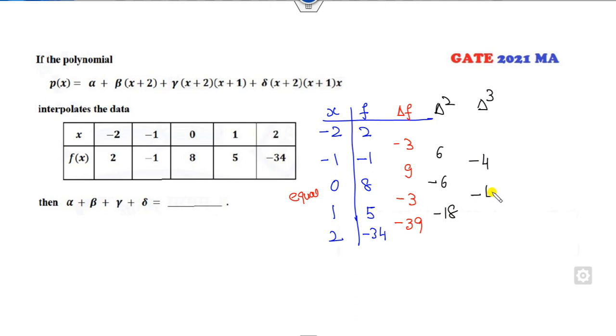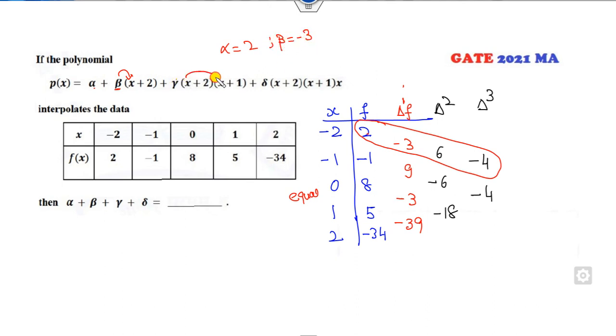Minus 12. Now you can see this side is my constant. Now I can take this pair here. Fine. So can you find the value of alpha quickly from here? Alpha is a constant value. This is a constant. What is beta? The coefficient of x. Yes, beta is the coefficient of x. So this is x, this is degree 1. So beta will be minus 3.